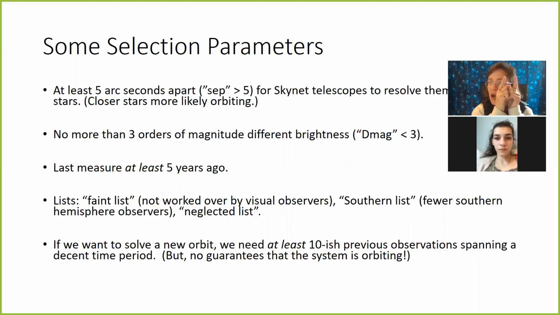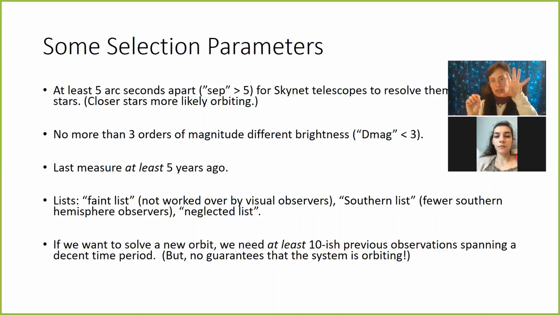And then they have to be no more than 3 orders of magnitude difference in brightness. So we use the magnitude system to describe how bright stars are. And it's not a straight linear system, and I'll refer you to some reading and some video tutorials later to look at exactly how magnitude is defined. But when you look at Stellarium software or anything about stars, it'll tell you what their magnitudes are. And it's better if they're only 1 or 2 magnitudes different,